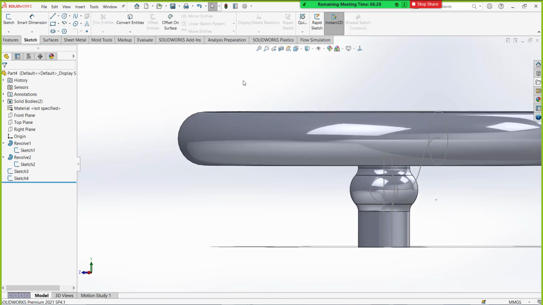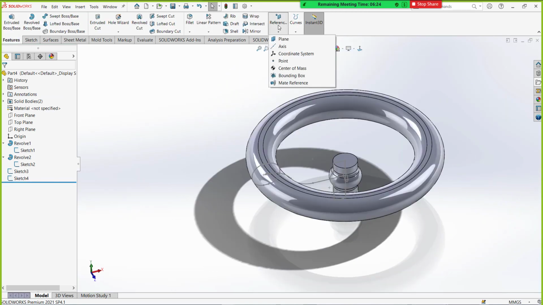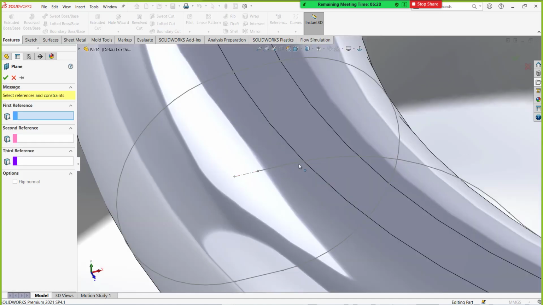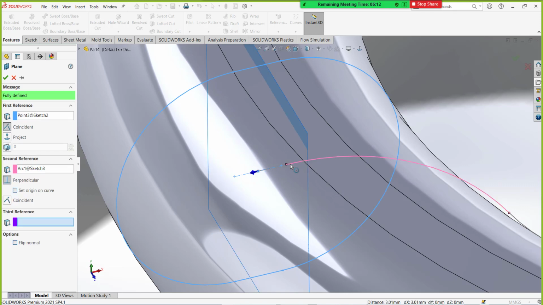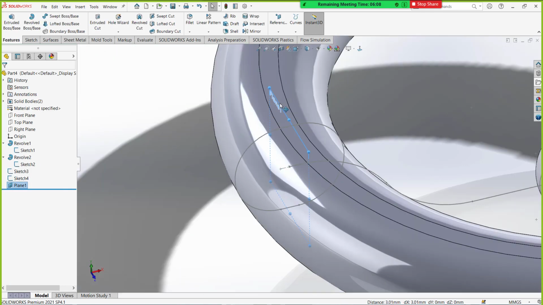Another way is you can use the features plane on this point and the path. It will create a plane on that, and on this plane you can draw the same.